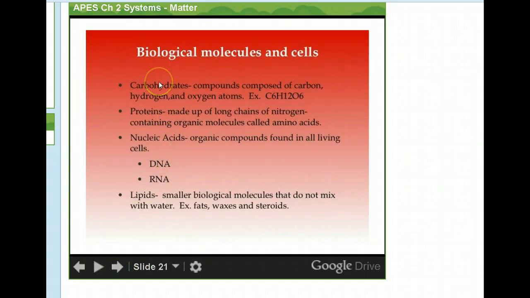These are all organic compounds, and they're inside cells. You have carbohydrates, which are your energy storage molecules. You have proteins, which form enzymes or membranes, very important proteins. Nucleic acids give the blueprint for your particular organism, and RNA is producing the proteins that you need. Lipids are fats that are in plants and animals.